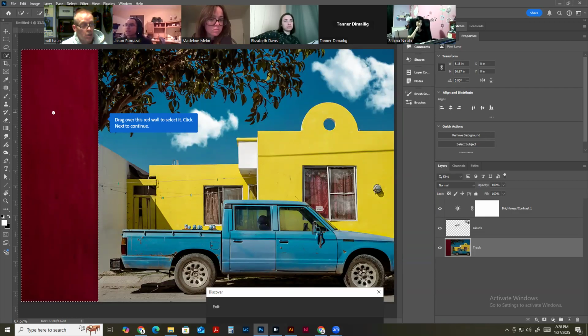We're going to add another adjustment layer. And the cool thing about this is if you have a selection in place, your adjustment layer comes with a mask. All of them do, no matter which one you choose. Our brightness contrast has a mask. Nothing's being masked on it, but we could. But now that we have a selection in place, when we go to next, where's my, here we go. When I go to next here,